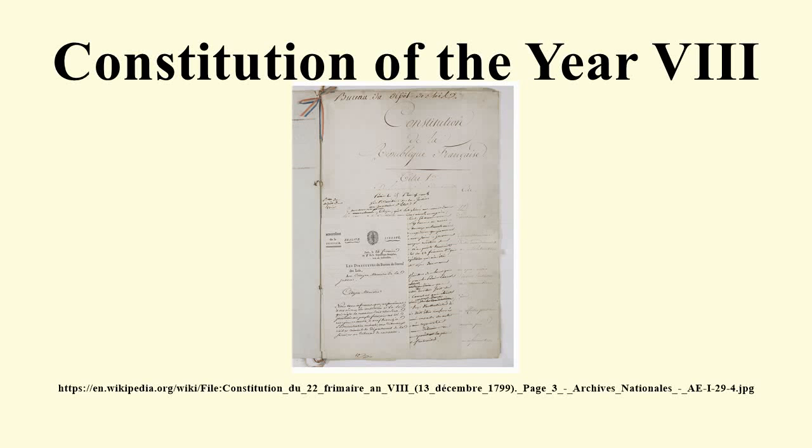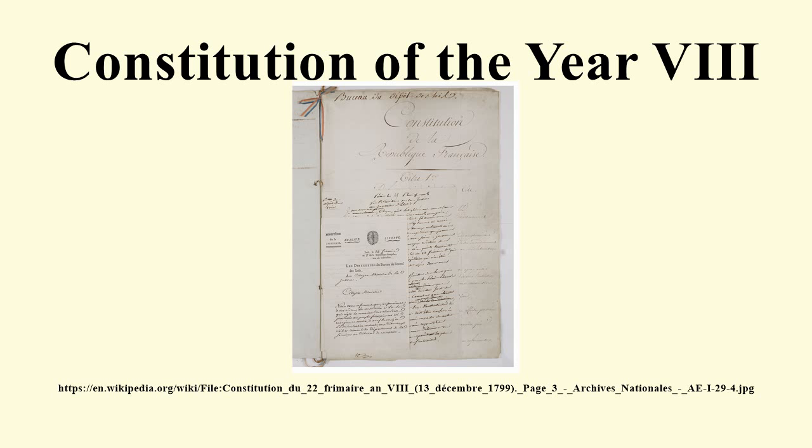The Constitution of the year VIII was a national constitution of France, adopted December 24, 1799, which established the form of government known as the consulate. The coup of 18 Brumaire effectively gave all power to Napoleon Bonaparte, and in the eyes of some, ended the French Revolution. After the coup, Napoleon and his allies legitimized his position by creating the short and obscure Constitution of